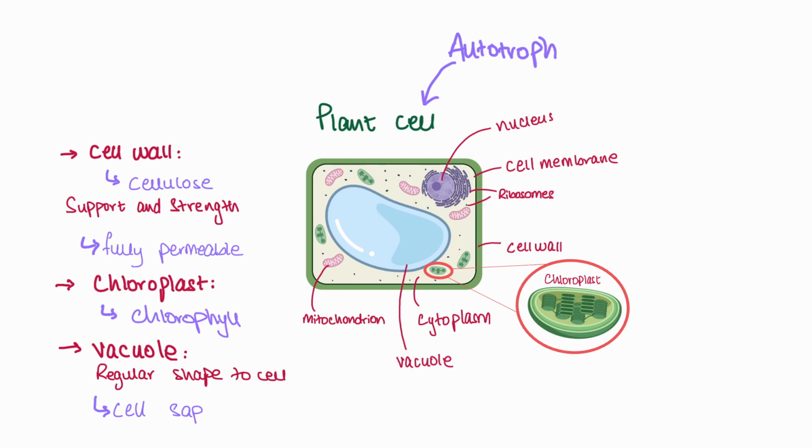Now, the rest of the organelles are pretty familiar to you by now from animal cells, and since we've already discussed them, I'm not going to repeat it. So as a quick overview, we have done plant cells and animal cells, and we've discussed the differences between them. Some of these key differences being the presence or absence of a cellulose cell wall, or the difference in the size of their vacuoles, or the presence or absence of chloroplasts. Alright, just to remind you guys that every single organelle that we've done, except for ribosomes, is a membrane-bound organelle.